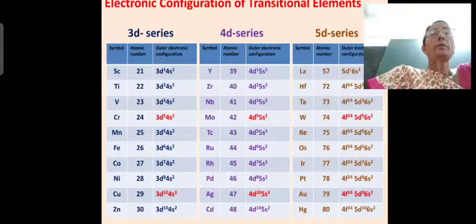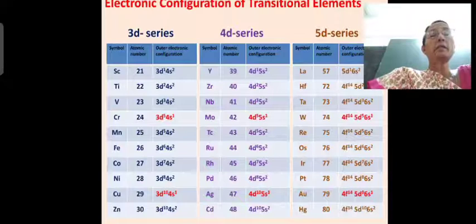Now scandium electronic configuration, that is 3d1 4s2, titanium atomic number 22, 3d2 4s2, vanadium 23 atomic number 3d3 and then 4s2. When you come to chromium, you can see the electronic configuration 3d5 4s1 and it is not 3d4 4s2. Why is that? What is the reason for that? Because it will acquire the stable electronic configuration by filling the electrons in the d orbital, that is completely half filled. You might have come across this in your PU classes, right?